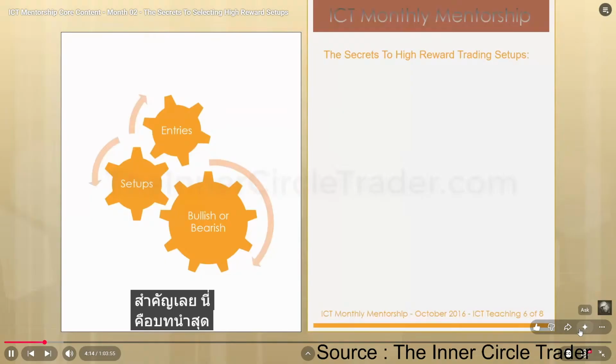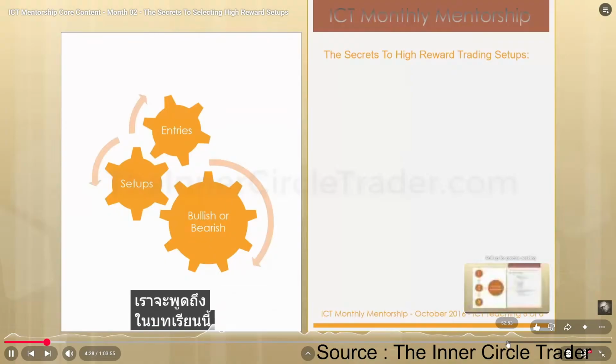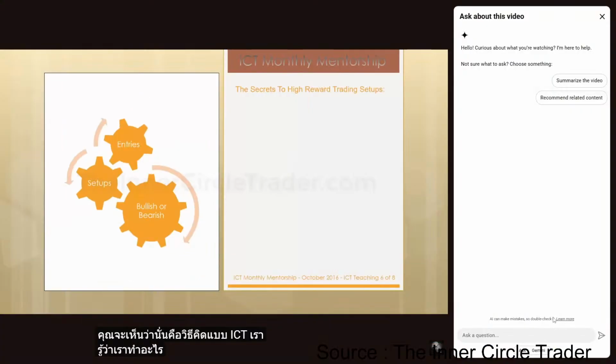This is the last primer for us before we start going into the specifics of breaking down individual decisions, each process, which as a collective whole, as we'll discuss in this teaching, you'll see that that's how the ICT mindset is. What we do on a day-by-day basis, what frames our opinion about certain things, and when do we change those opinions, and when do we move to the sideline. All those things come by way of process thinking. Okay, and it's important that you understand that while